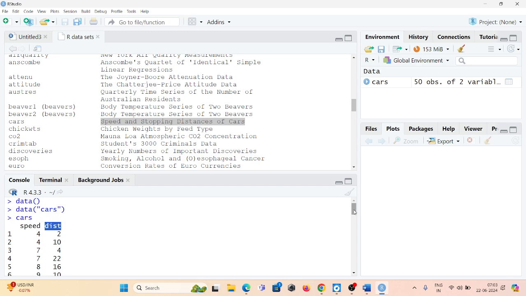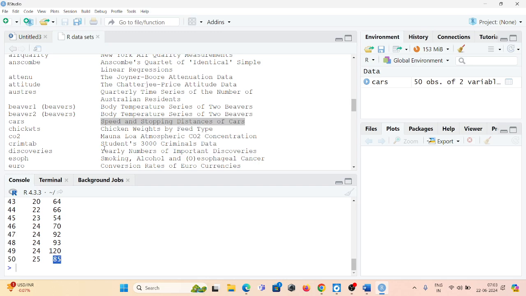If you count the observations against speed and distance, it will be 50. We have the values of speed and the values of distance, so the cars data set has two variables and 50 observations, right?